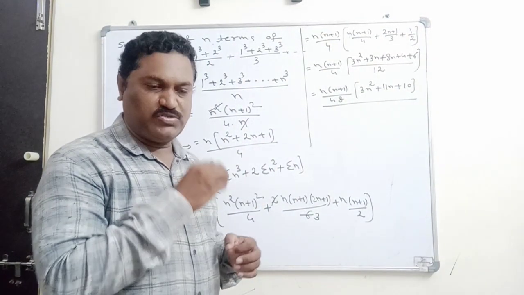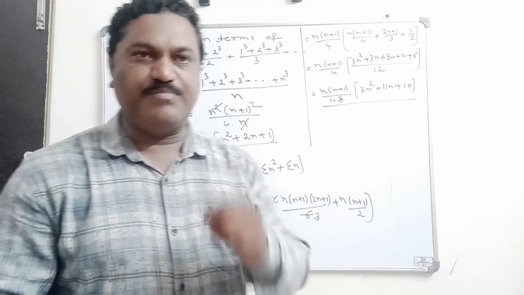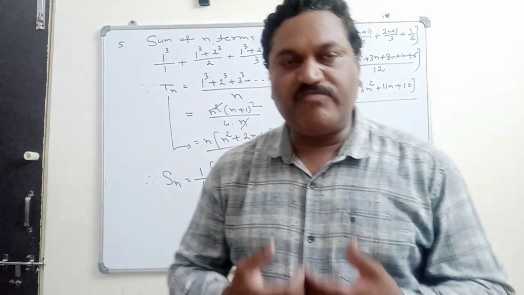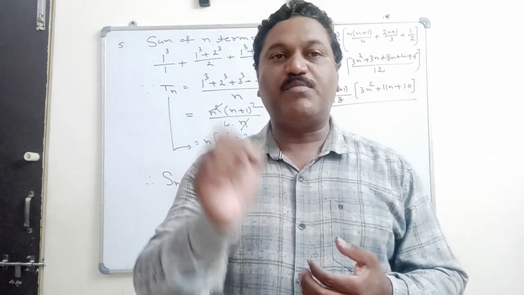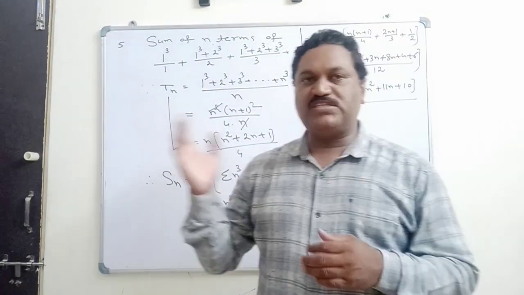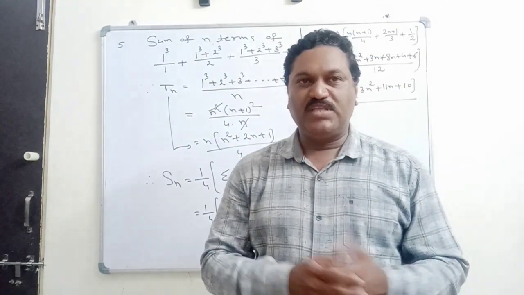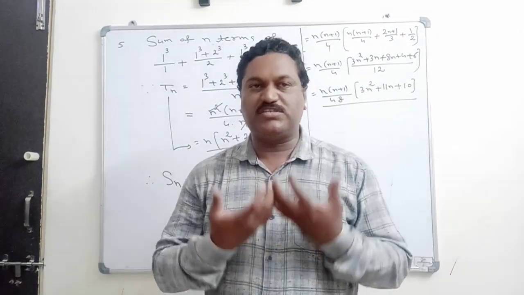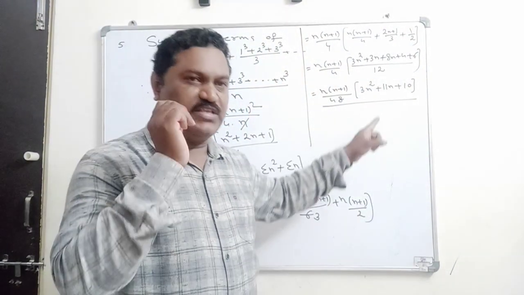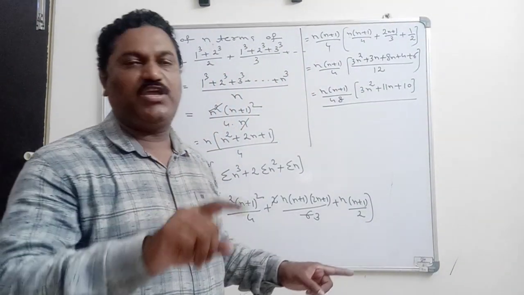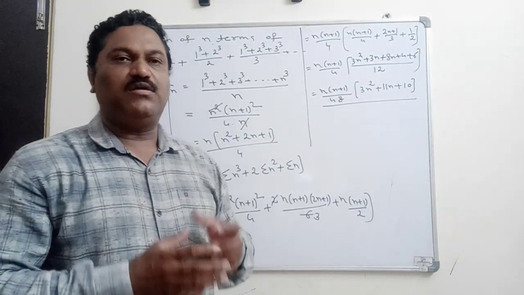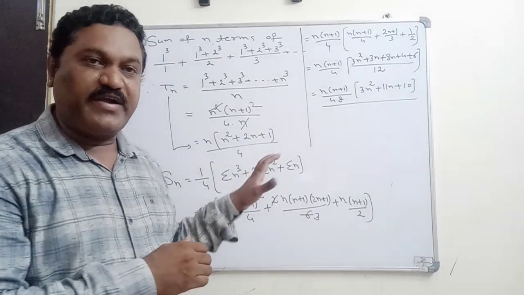Okay. Of course, in the objective examinations, in the MCQ, by keeping some values for n, we can check from the options if they ask for the sum of the n terms. But in the series, if they ask to find the sum of the first 20 terms, in certain cases the checking procedure is not possible. In certain cases, you compulsorily have to go for the procedure. We have to find the sum of the n terms. In that, if you keep n equal to 20, then we will get the sum of the terms. That's why, know the procedure and practice the procedure.